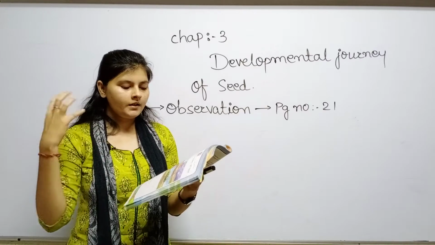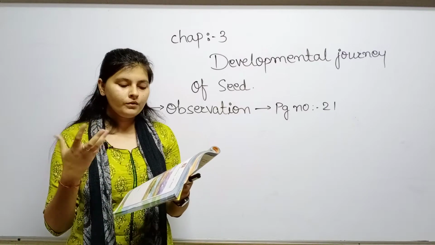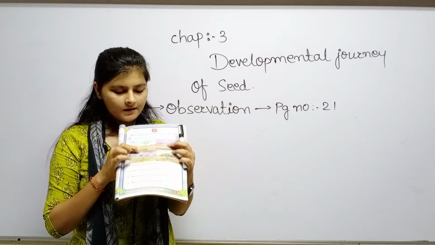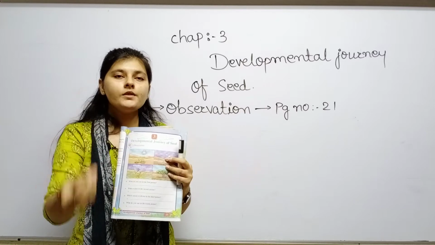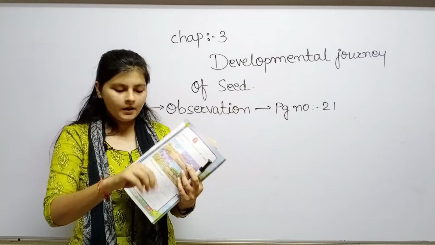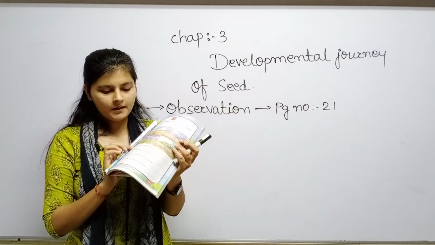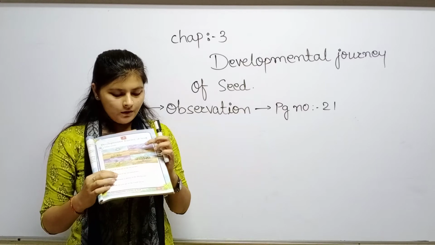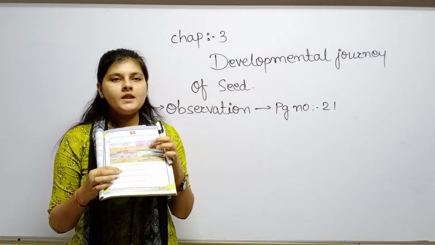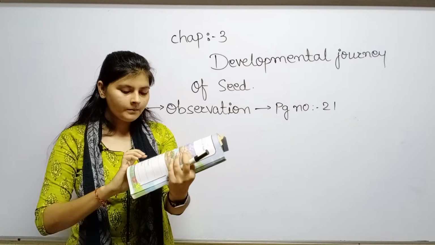You can see that there are some questions, right? The first question is, what do you see in the first picture? We can clearly see in the first picture that the seed is there and the sunlight is there. We have just shown the seed, मतलब कि उसको हमने अभी बोया ही है ज़मीन में, right? In the second picture, what is there? In the second question it is asked what is seen in the second picture. We can clearly see that there is sunlight, and the seed is waiting for the proper sunlight and the proper water, right?